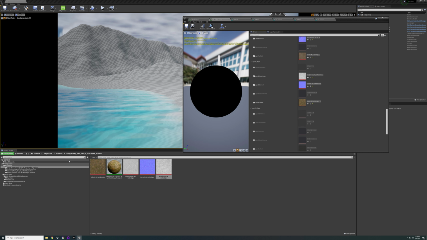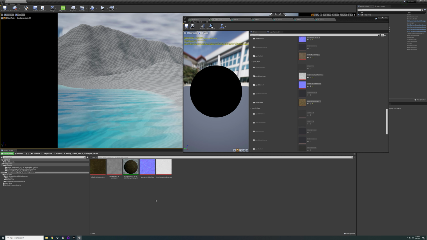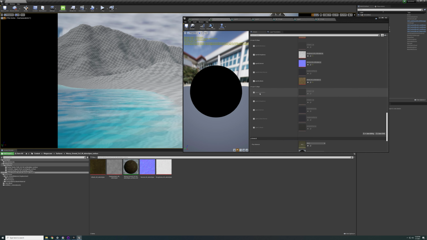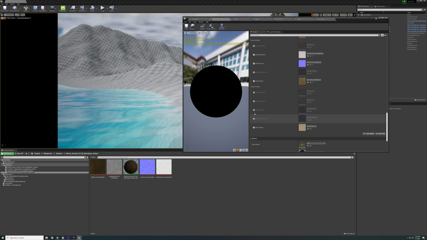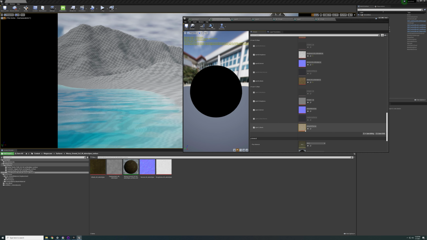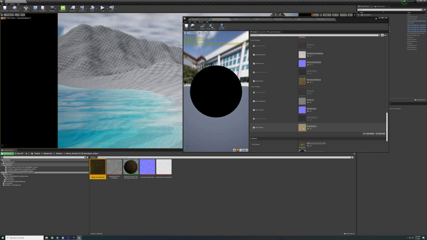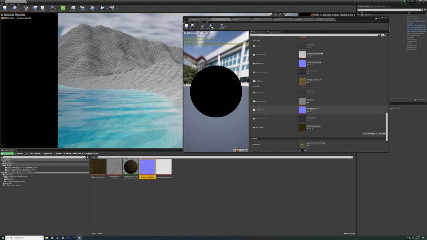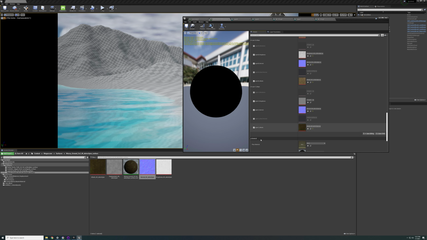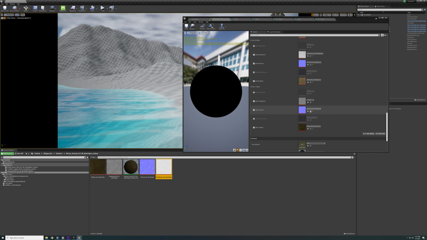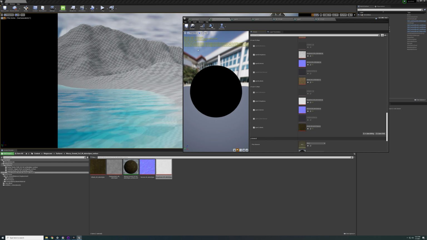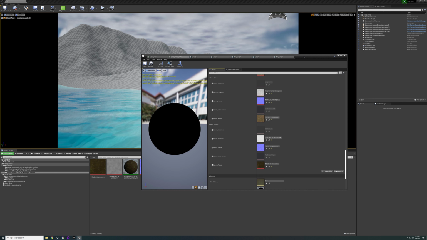Okay. Now for the third one, we're just going to add the one that I have left over here. So we have Albedo, normal, and roughness. So select the Albedo. Going to do normal and roughness. All right. Now that we have all of these,